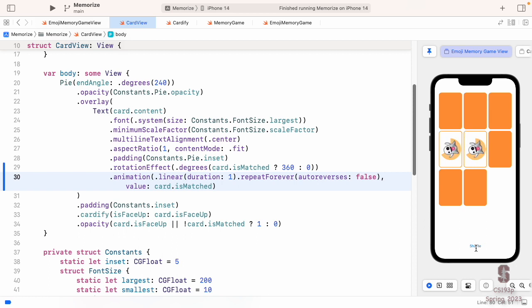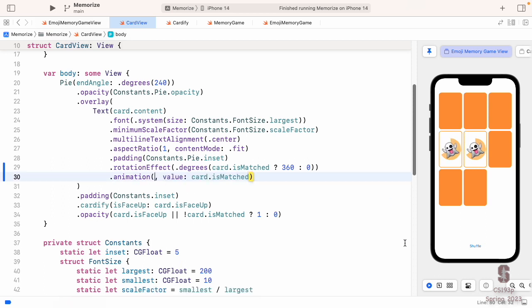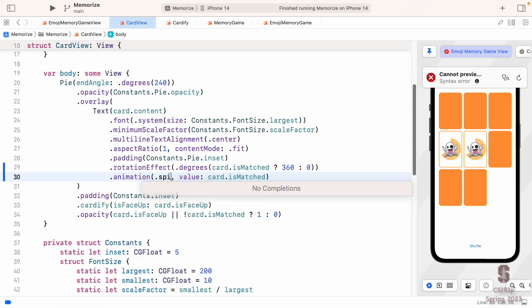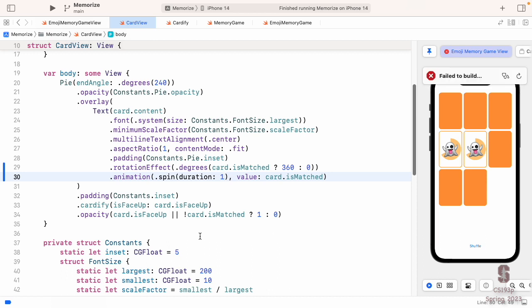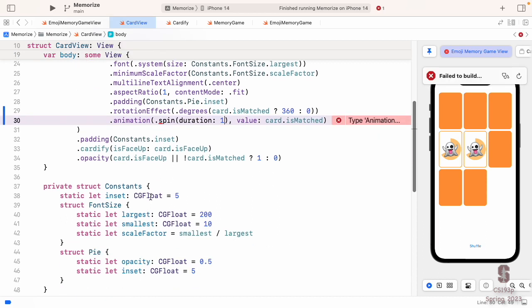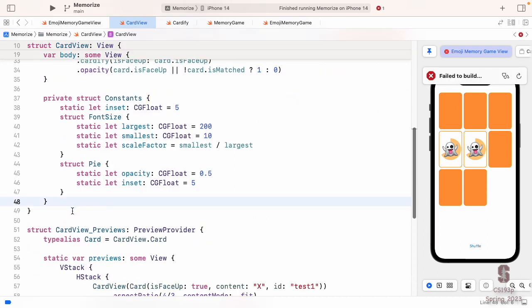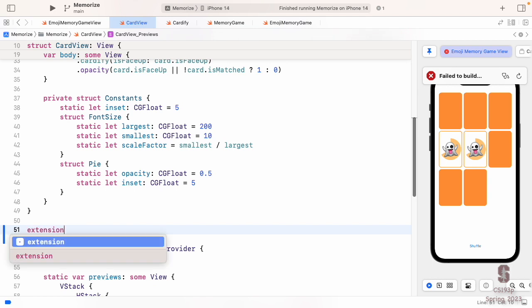And another thing we would do here, which is kind of interesting, see this little animation right here? This is kind of an animation I might want to use other places, spin animation. I'm going to take this off here. I would really like to be able to just say spin duration 1, for example. So how could I say that? Well, extensions. So here's a good example of when we can use an extension.